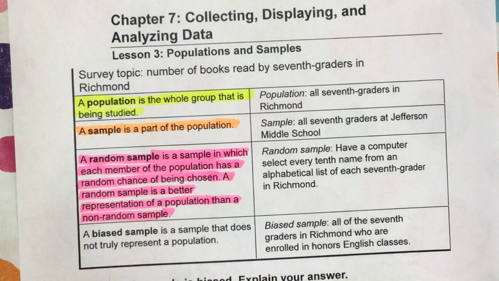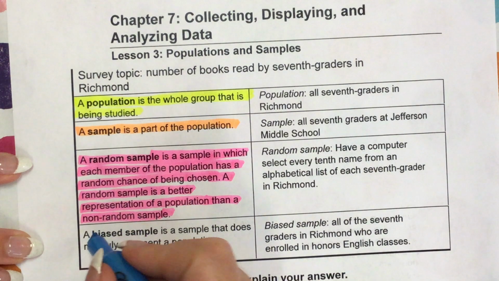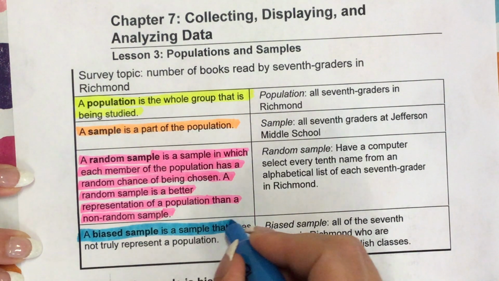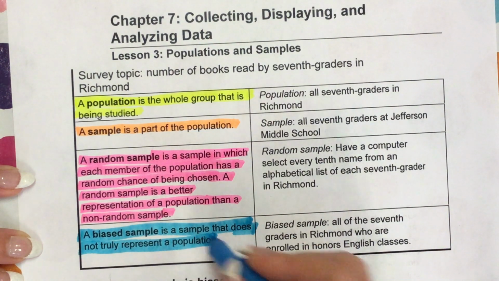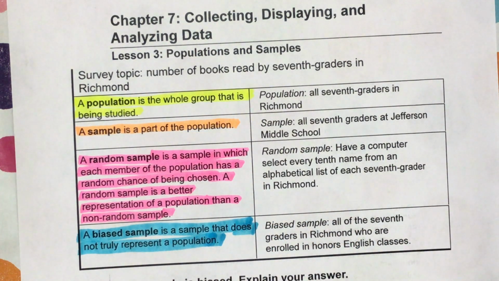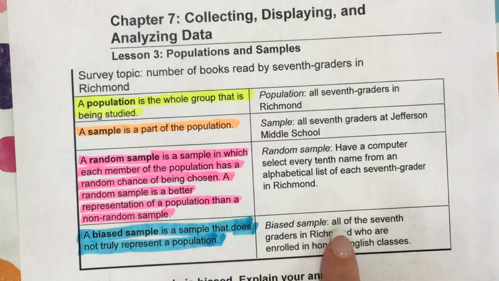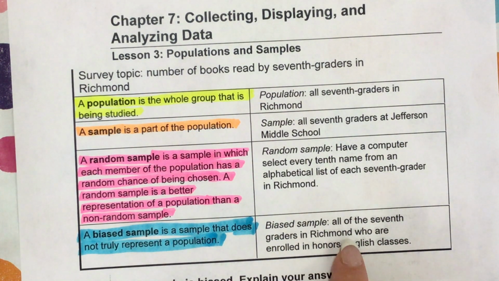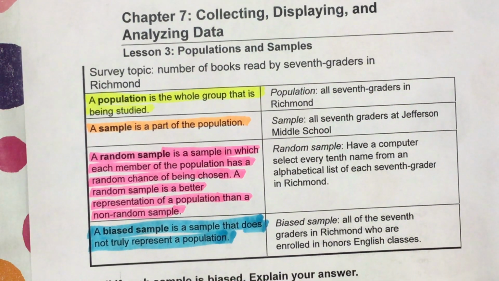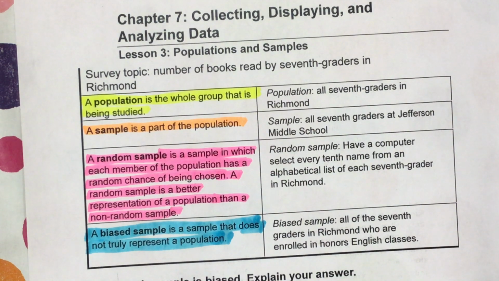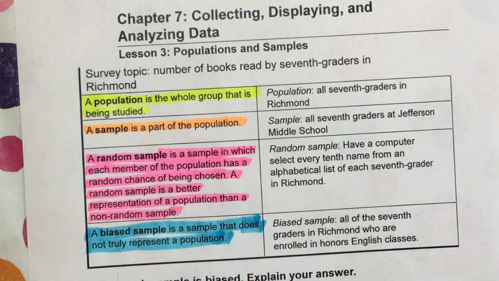Okay, the next vocabulary term that we are going to discuss is a biased sample. A biased sample is a sample that does not truly represent the population. And this is something that you don't want, okay? An example of a biased sample would be all of the 7th graders in Richmond who are enrolled in honors English classes. So if you're trying to collect data on all of the 7th graders in Richmond,